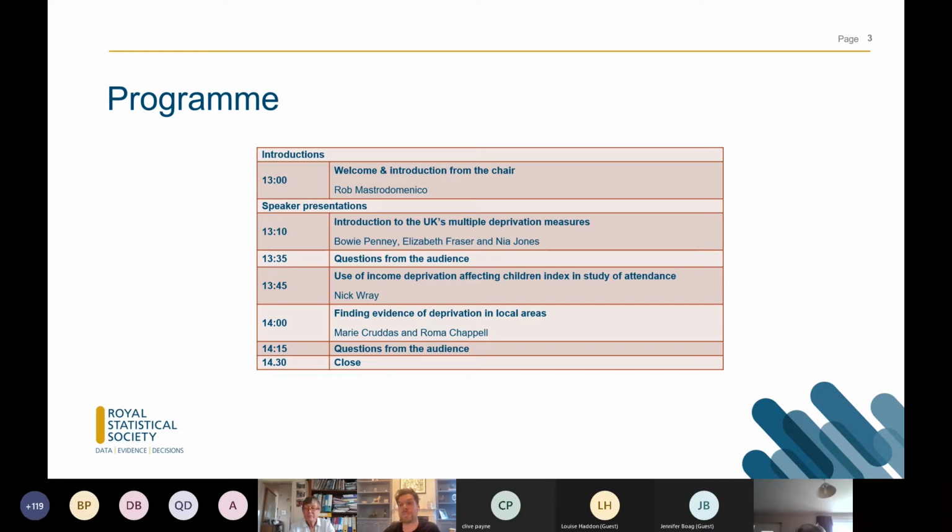Marie worked as a government statistician until her retirement in 2018. Much of her career was spent at ONS developing estimation methods for use in the census and social surveys. And Roma is a statistician with many years' experience in the government service and latterly at the ONS. She has also worked in pharmaceutical and in higher education, and nowadays she chooses to do mainly pro bono work, some of which enables her to keep using her statistical skills. And so we've got some great presenters, and this should be a really good session.